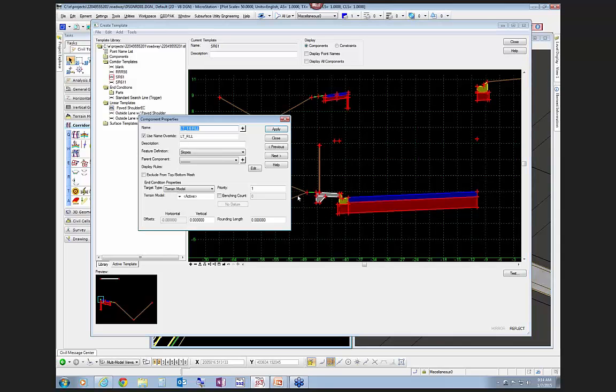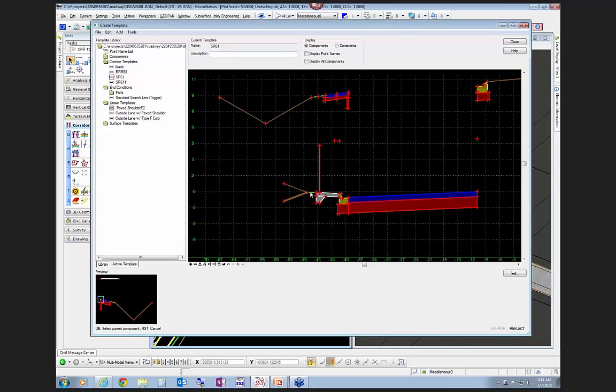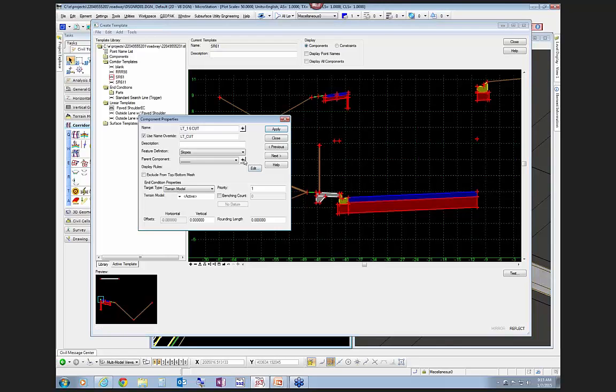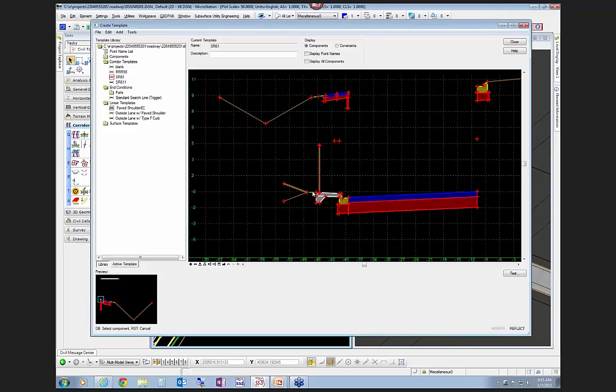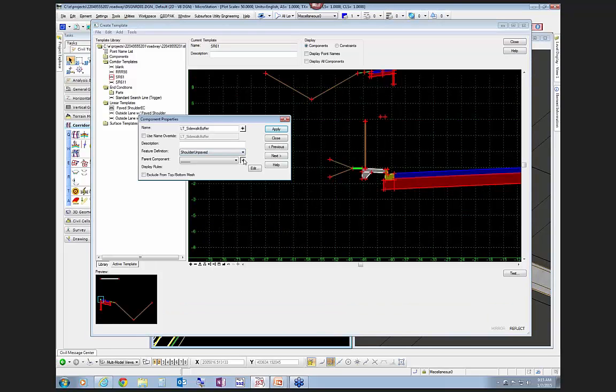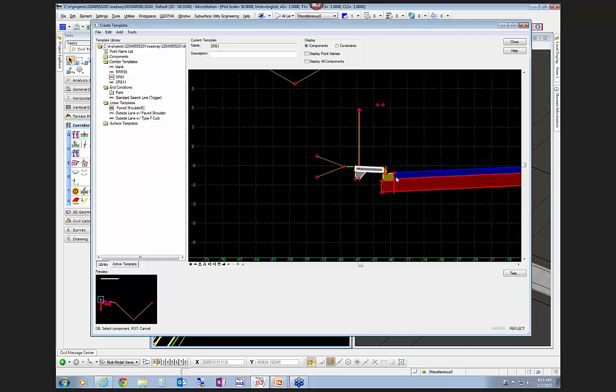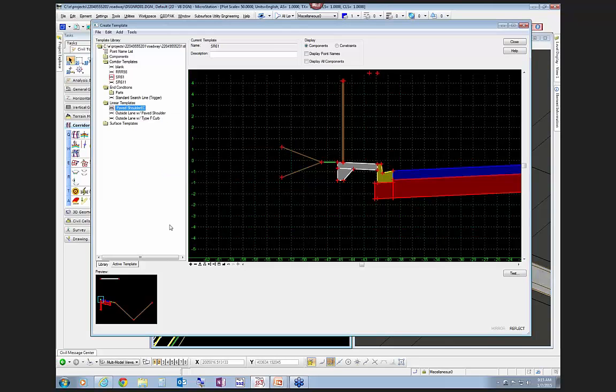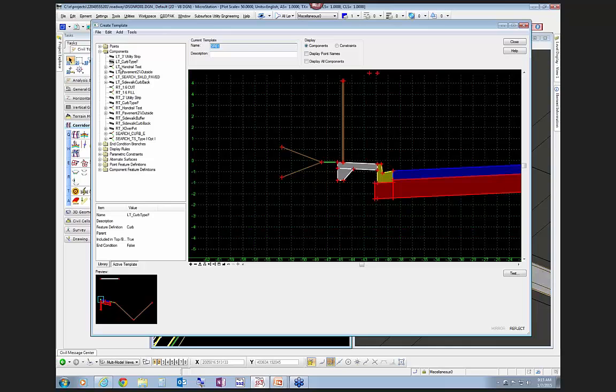so that if I look at this particular one, make it a child of the buffer. Do the same thing here, make it a child of the buffer, and then look at the buffer and make it a child of the sidewalk, and then look at the sidewalk and make it a child of this curb. Choose apply, and if I go and look in my active template now, I should have for this left curb